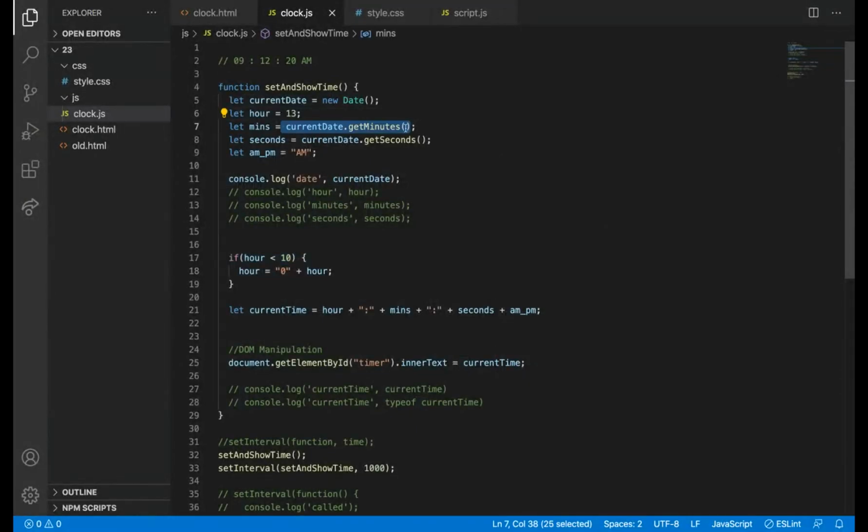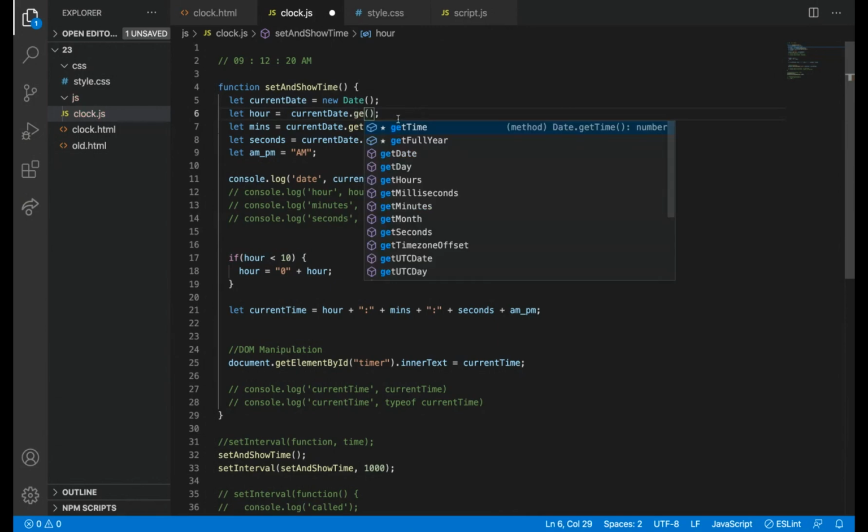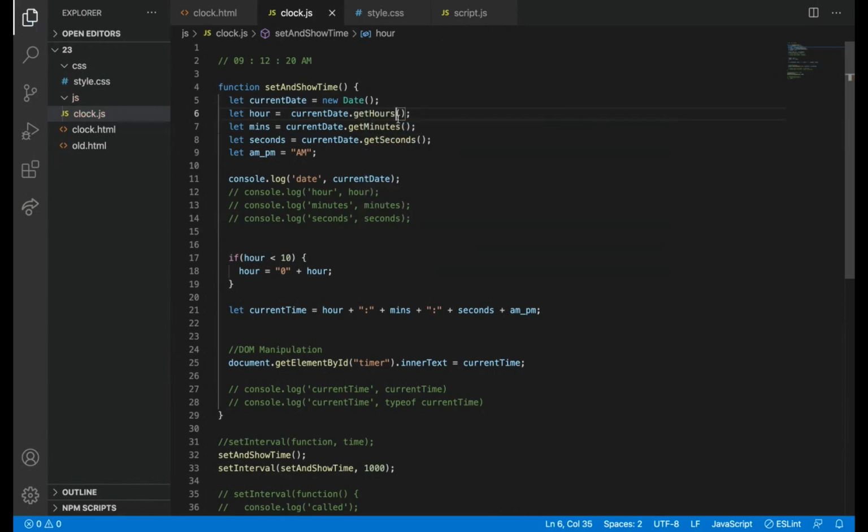Why I am telling this is I cannot wait till 1 o'clock to show it. Instead of waiting for the time to change, I'm giving the value on my own, because this function, getHours, will give the current hours, right? So at 1 o'clock in the afternoon, what will it give? The value 13. At 2 o'clock in the afternoon, it will give 14.